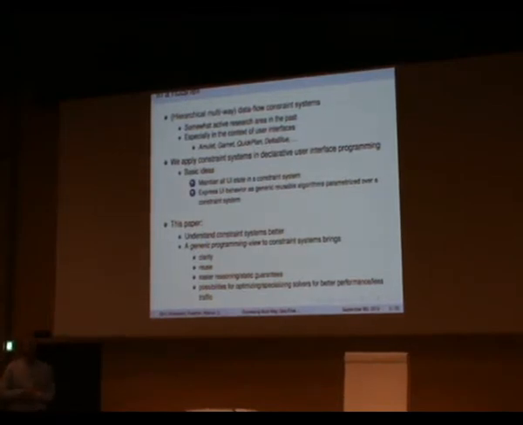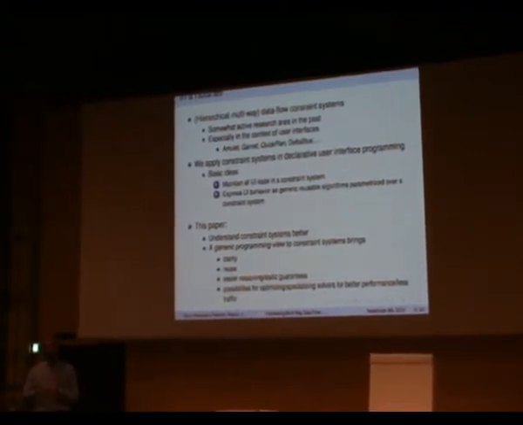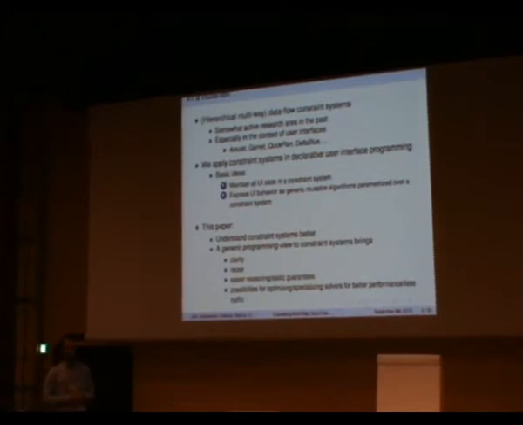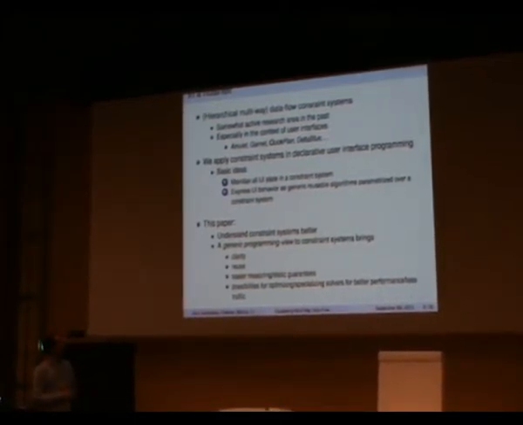Amulet, Garnet, or those kinds of systems that try to take control of all the dependencies, or express dependencies in user interfaces with constraints, and then have them automatically update: some values change, other values will change automatically, propagating these changes throughout user interfaces. So we have a project where we do this kind of thing, and the idea is